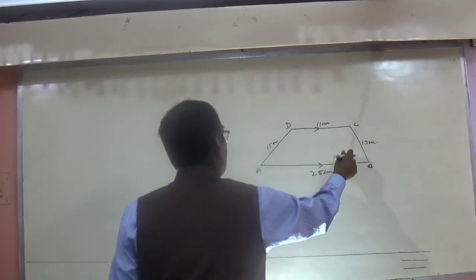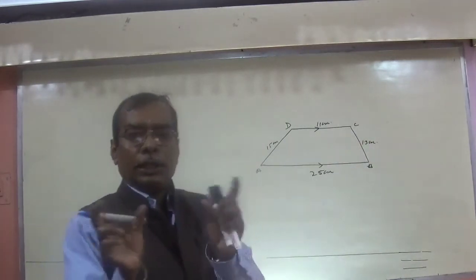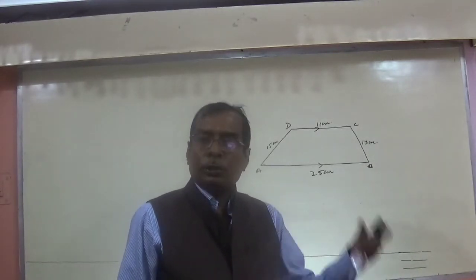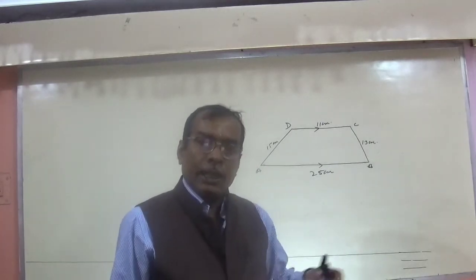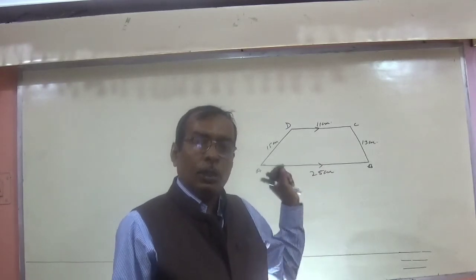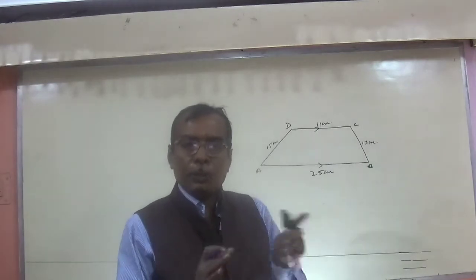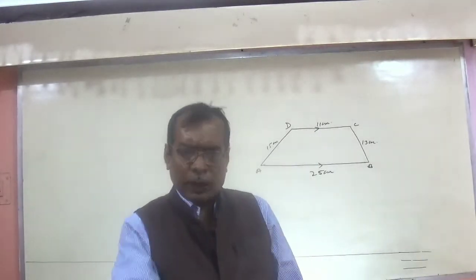Now, obviously, if you drop the perpendiculars, these two triangles will not be congruent, so therefore their bases will not be equal. Right? So, by using that particular method, you can't solve these questions. But one thing is there, that the method I am going to explain here, with that method you can solve the previous one also. So this is the plus point of this particular thing. So obviously a little bit lengthy, not difficult.